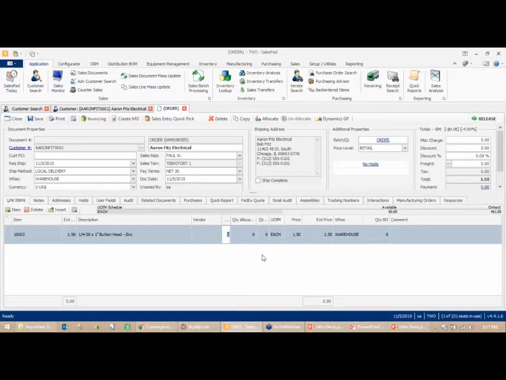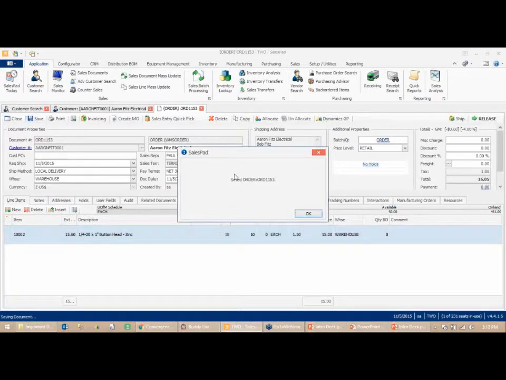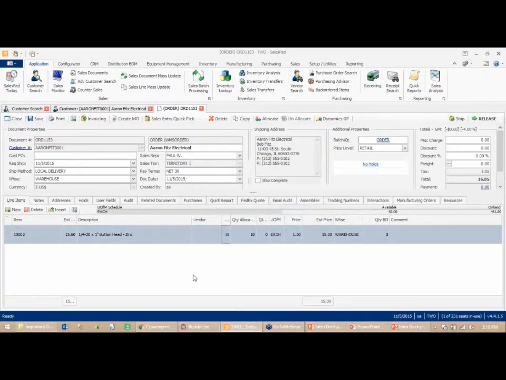Let's say we have the correct item added, and we want to just say this order is going to be for 10, and I can save that. I've got an order number assigned to this now, and then I can begin to push this through the workflow and the fulfillment process. And that kind of brings us to the next module we'll really get into, which is